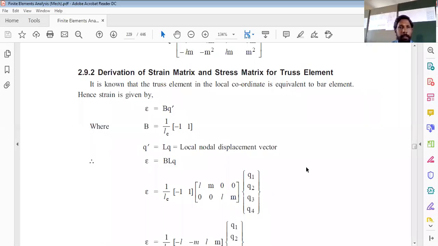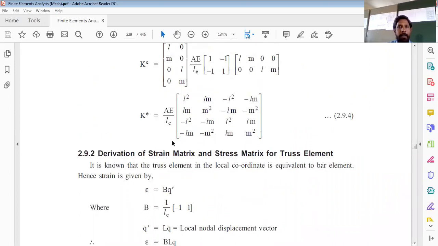Hello everyone. In the previous class, I discussed the stiffness matrix of truss element. So let us continue with the concept related to the truss. So here we have the derivation of strain matrix and stress matrix for truss element. In the previous class, I was discussing the stiffness matrix of truss element, and the stiffness matrix of